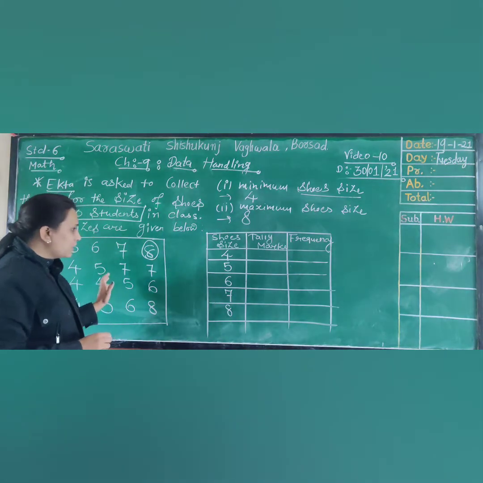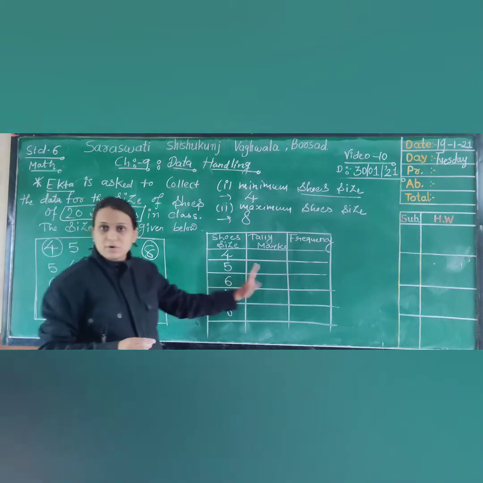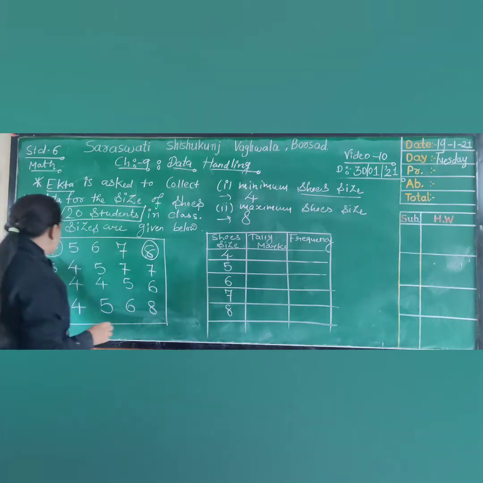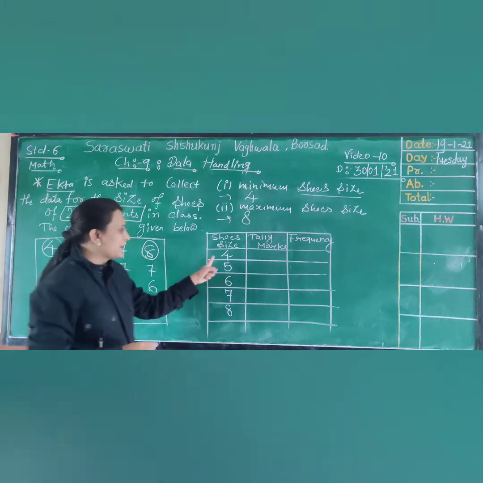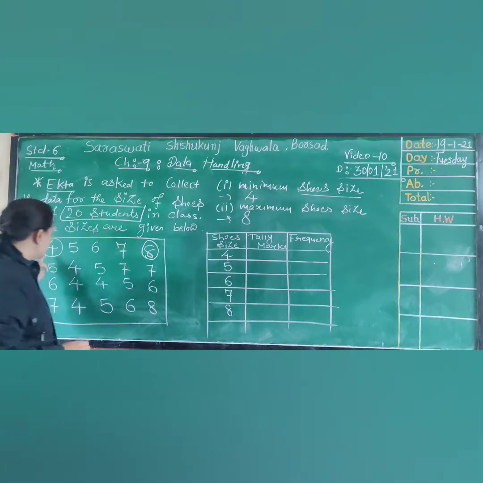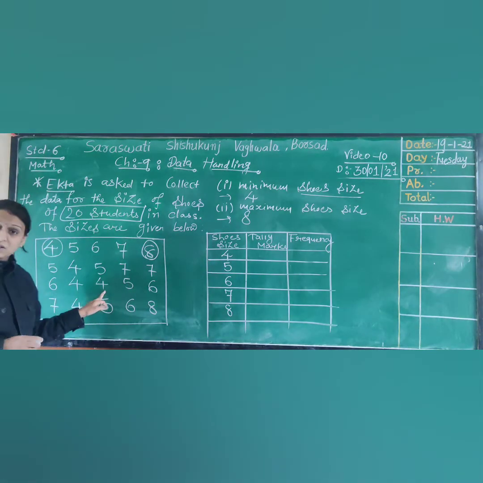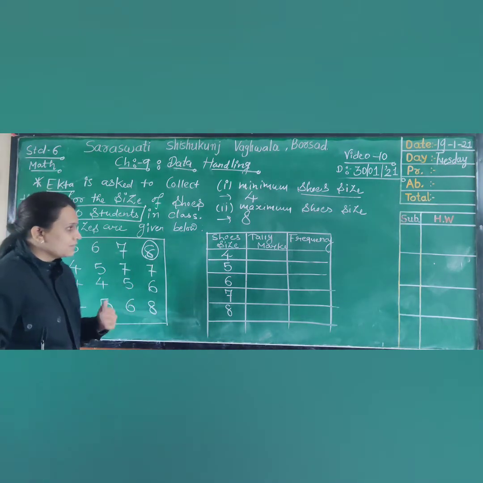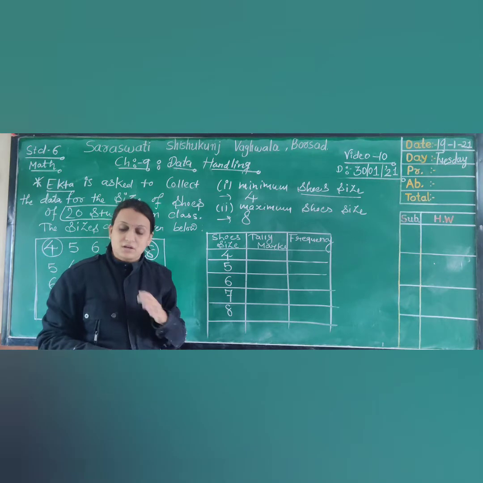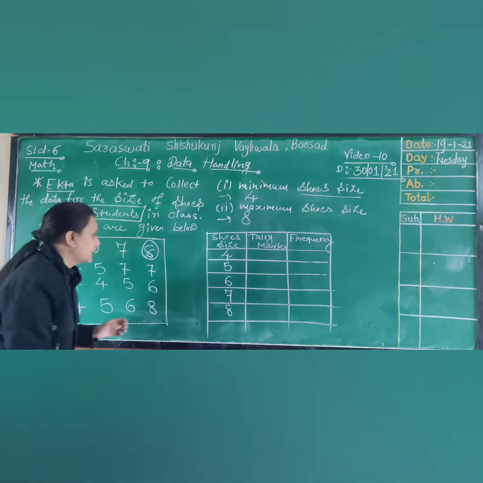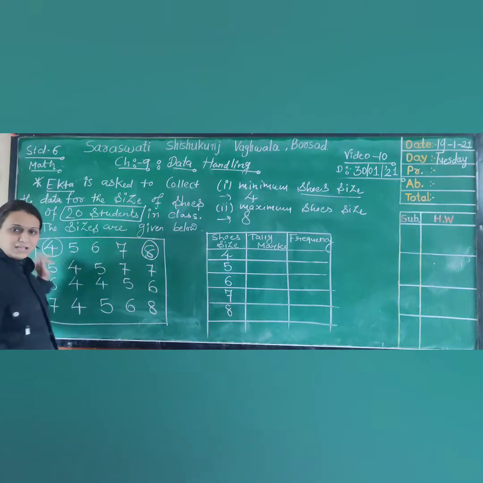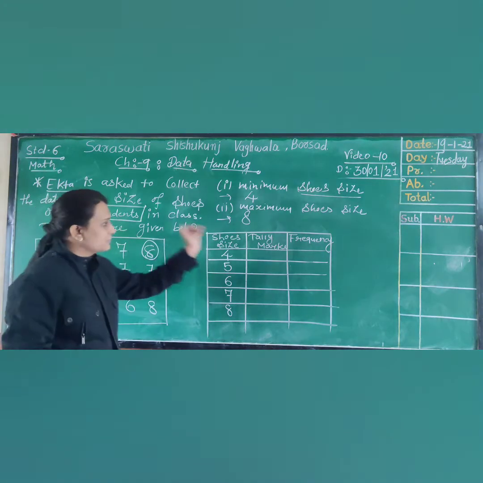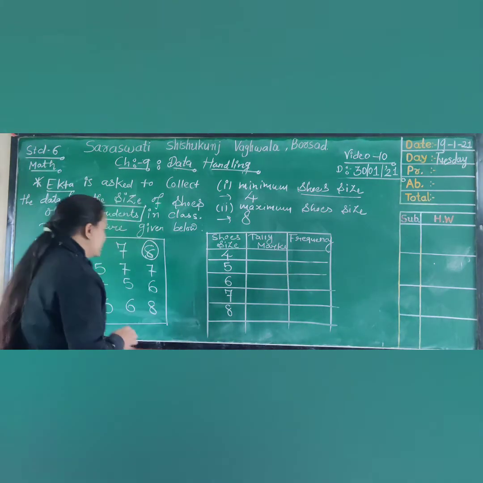Okay. Now how are we going to enter all the data in the given table? Don't count how many times 4 is there, like 1, 2, 3, 4, 5. It will cause mistakes. Okay, so please don't count like this. You have to go through the data one by one. If you take the first number, you just cancel it out and define it by a tally mark. So let us start here.